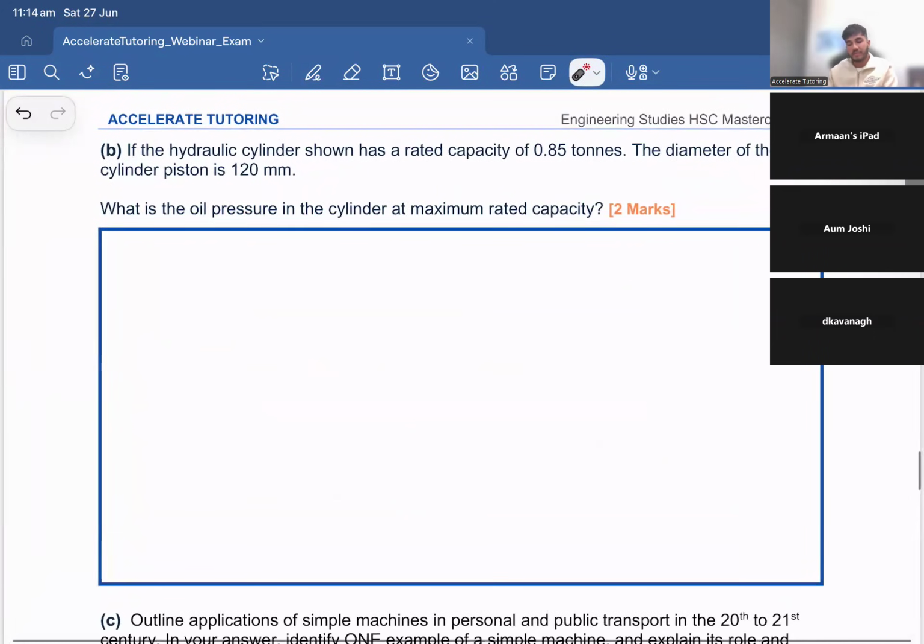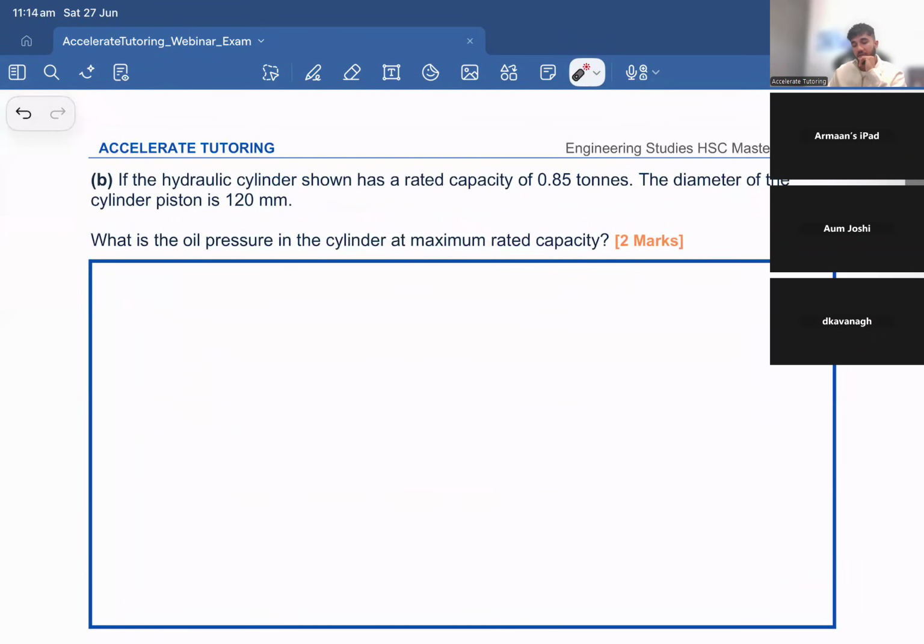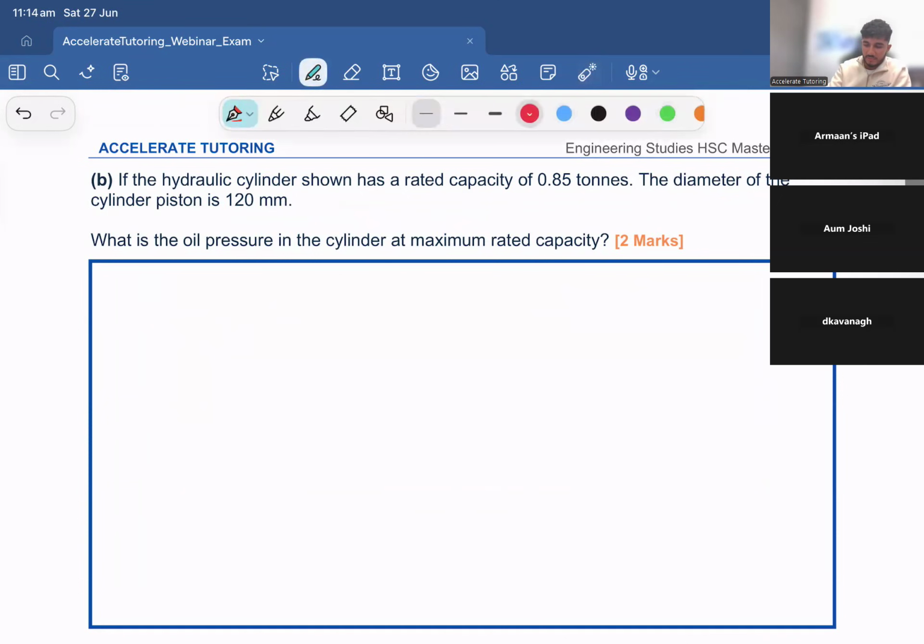Perfect. If the hydraulic cylinder shown has a rated capacity of 0.85 tons, the diameter of the cylinder piston, as we know, is 120 millimeters. What is the oil pressure in the cylinder at maximum rated capacity? Does anyone know how we would do this? Again, we're just applying Pascal's principle. P is equal to F over A. We know what our maximum capacity rating is. So force is just 0.85. It's in tons, so convert it times 1,000 times 10 to get it into newtons. We then get 0.85 times 1,000 times 10,